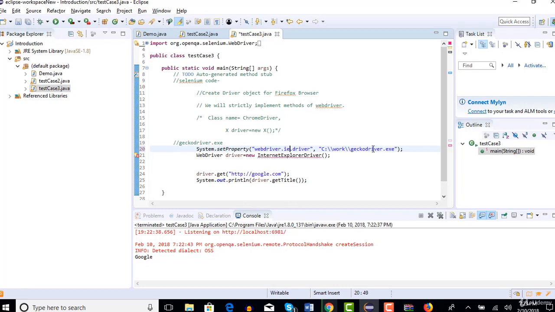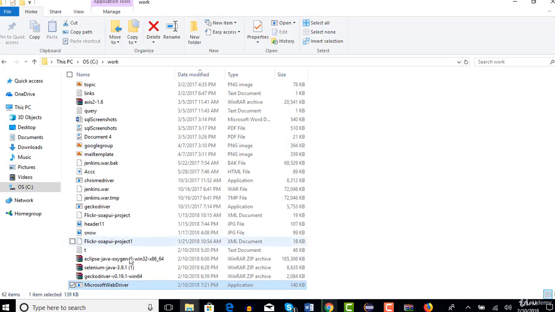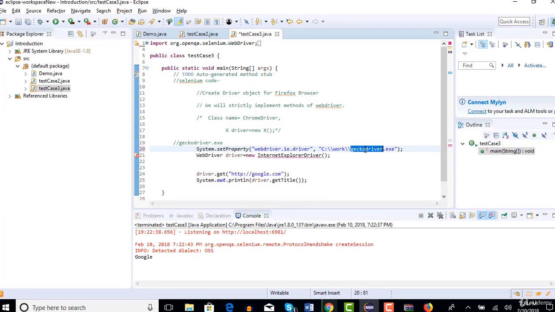Now instead of the Gecko driver, you have to give this driver name, Microsoft WebDriver.exe. Take the path. It's in the C directory, work directory, slash the .exe. So C, work, Microsoft WebDriver. Make sure you give the correct path. If you don't give the correct path, you will see errors for sure.